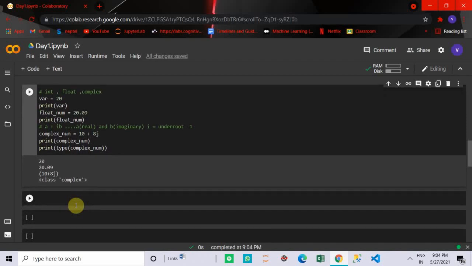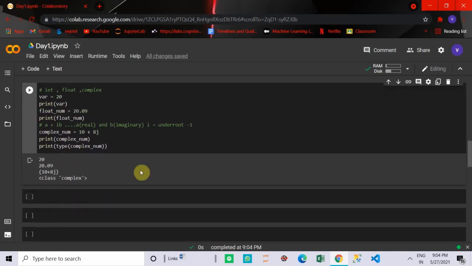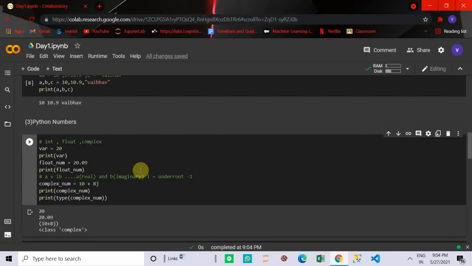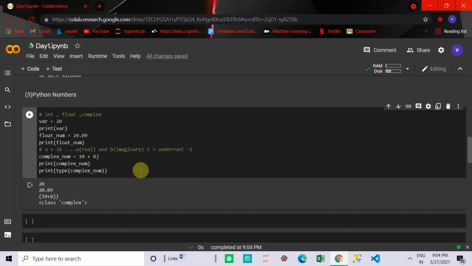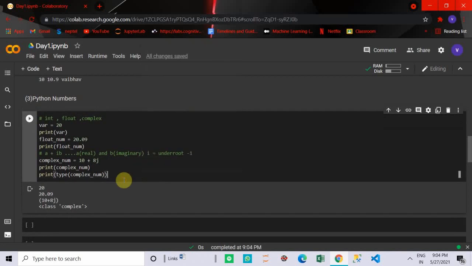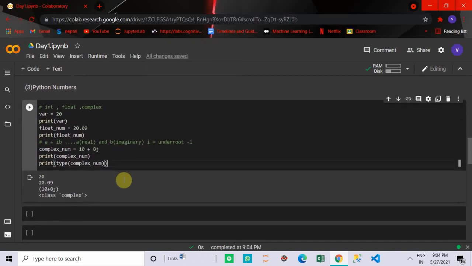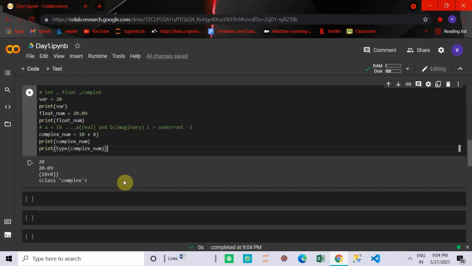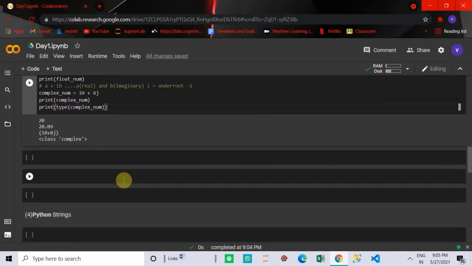So Python supports different numerical types. We discussed integers, and there are also long integers. Like in C++, where there are long integers, short integers, signed integers and unsigned integers, similarly in Python there is the concept of signed integer and long integer, floating point numbers, and complex numbers also.